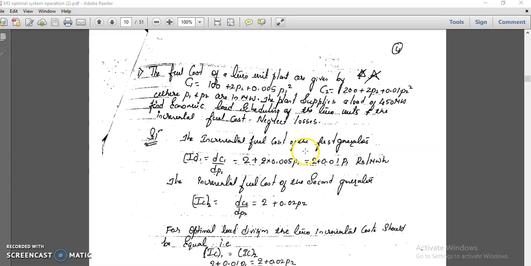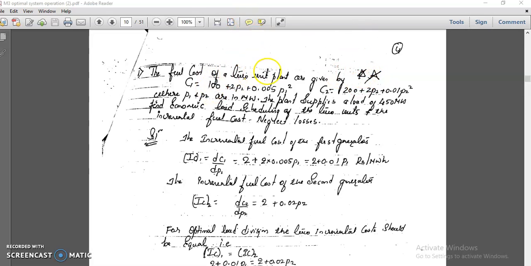Okay, dear students, today's class will be on problems of equal incremental cost criteria without losses, without generating limits. These are the important problems. In question papers also it has been asked. I mark them with a star also. Wherever a star is there in my notes, that will be important. So these are all question paper solved problems.